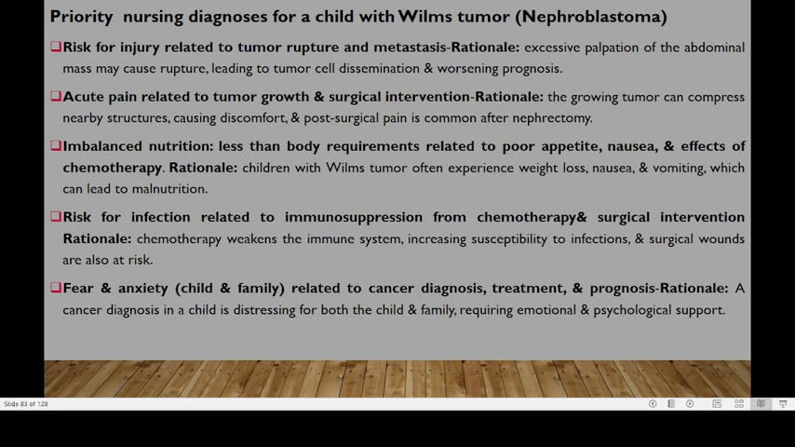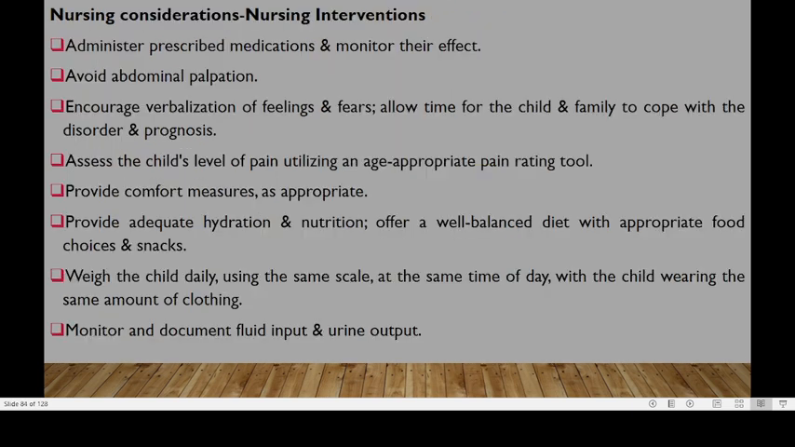Fear and anxiety, that could be for the child or the family or the caregiver, and this is related to cancer diagnosis, treatment, and prognosis. A cancer diagnosis in a child is distressing both for the child and for the family, and this one requires emotional and psychological support. So in terms of nursing consideration for a child with Wilms tumor, you need to administer